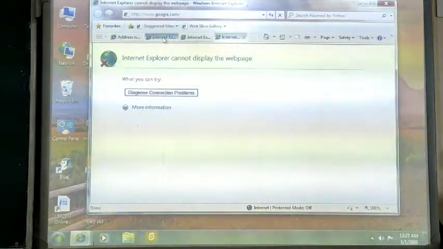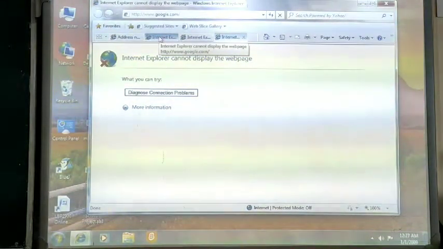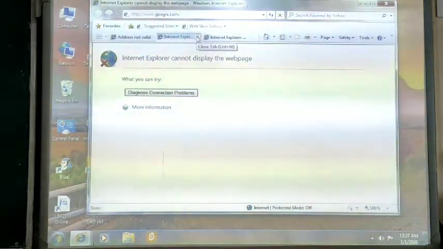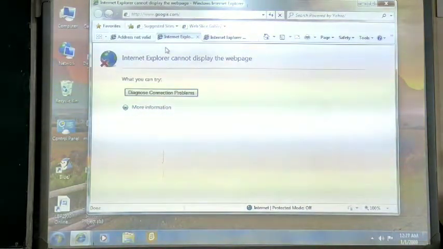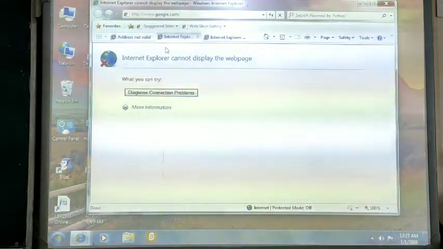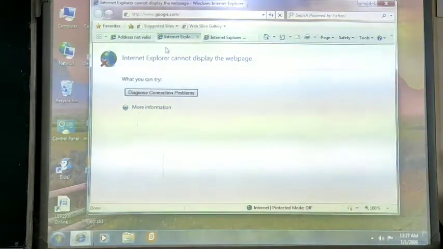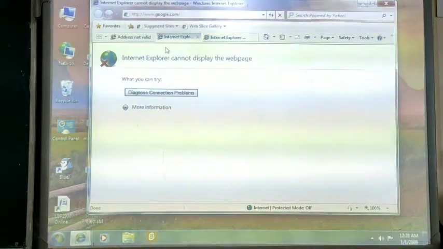If at any moment you want to close them, just click on the tab and then the close button, or you can use the shortcut Ctrl plus W from your keyboard and it will close the tab which is currently displayed on your screen. So this is all about Internet Explorer.